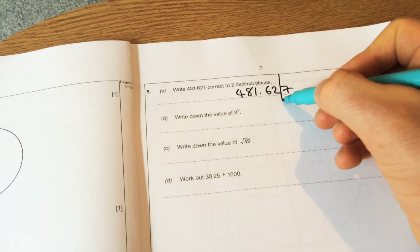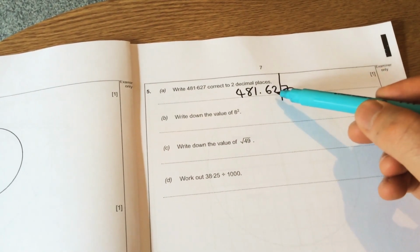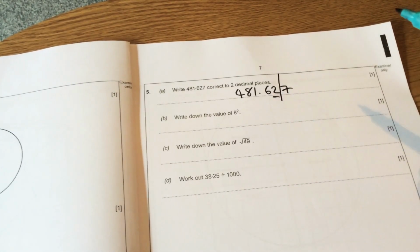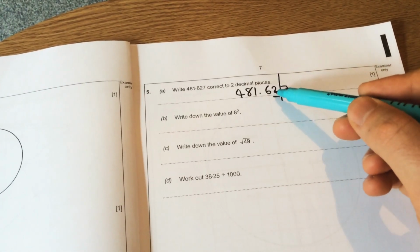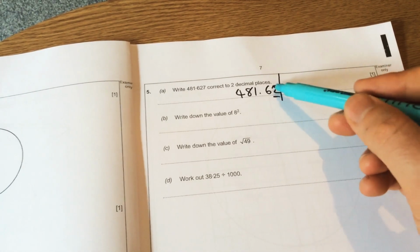I put something in called the magic line. Now, I always look to the right of my magic line. Whatever happens, you're going to chop it off, but this number may need to go up or it may need to stay the same. If this number by here is 5 or more, this number goes up by 1. If this number by here is 4 or less, we just chop it off